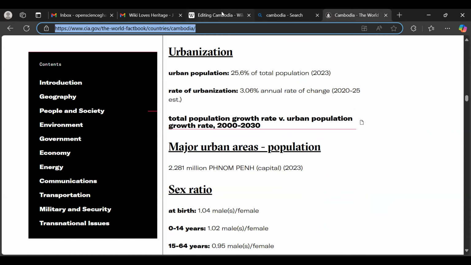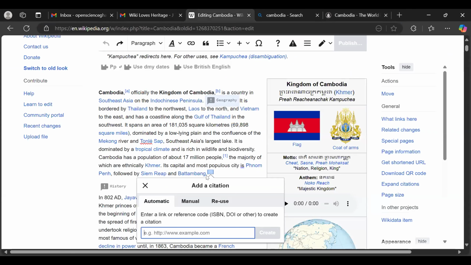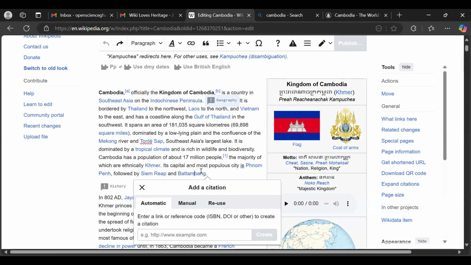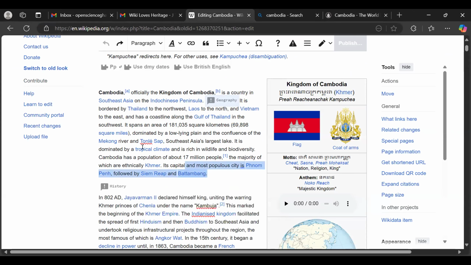So I copy that. Then, as I mentioned, you should make sure you are at the full stop, the last place where you want to cite. So I'm citing the whole of this section. I'm just adding more references to it, this one. So I should be here. Then I click on cite.